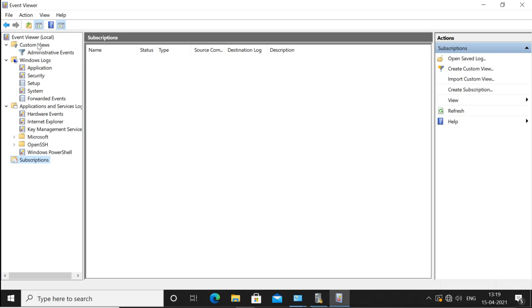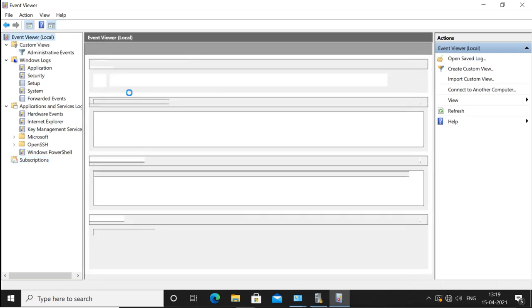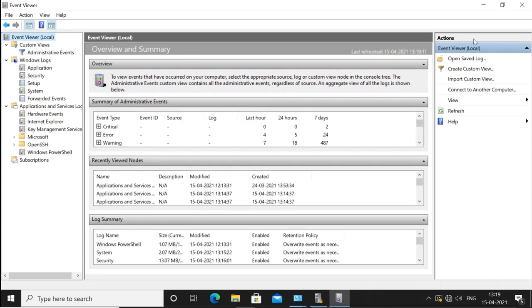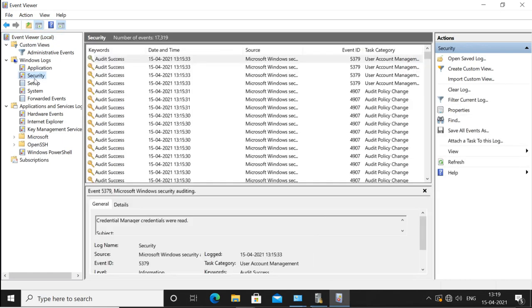So when we enable those auditing policies, it will generate the logs, and you can check those logs here in Event Viewer, in the security logs.